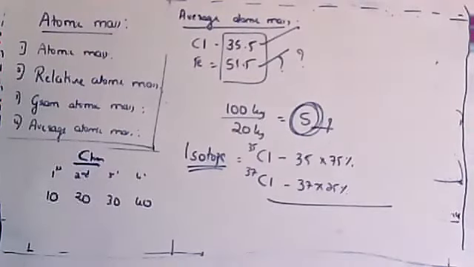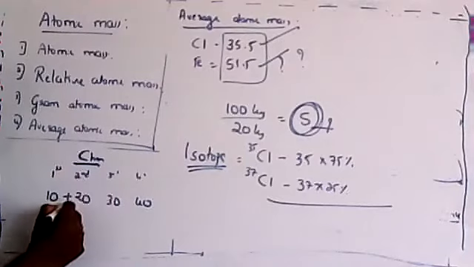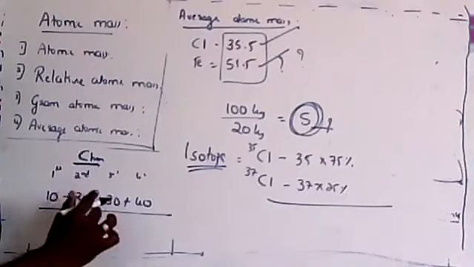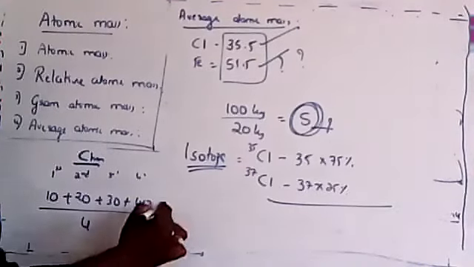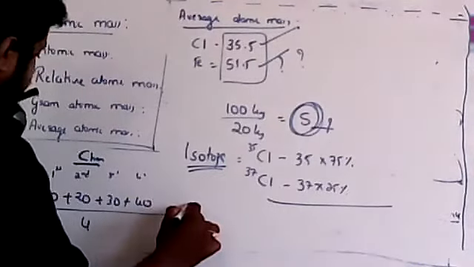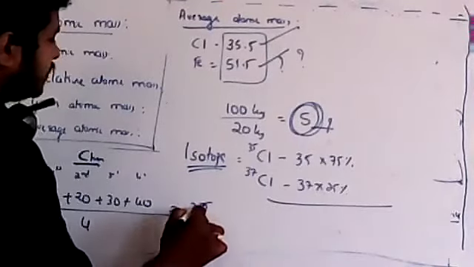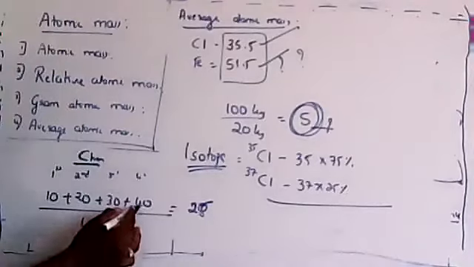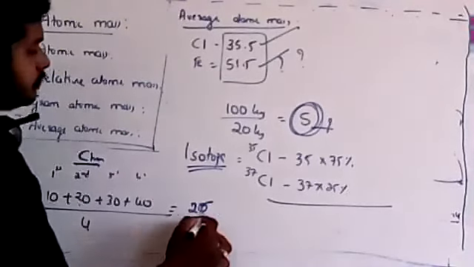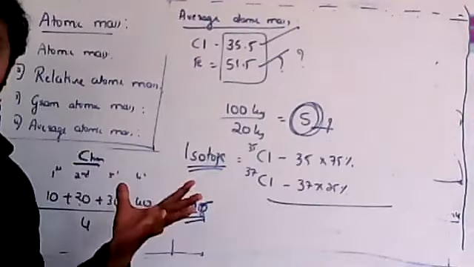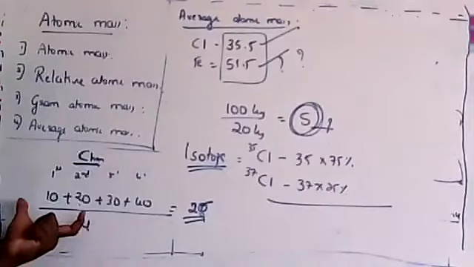And if I ask you what is your average marks, what are you going to do? You just need to add these and divide by how many numbers you added, divided by 4. The total is 100, and 100 by 4 is 25. So your average marks would be 25.